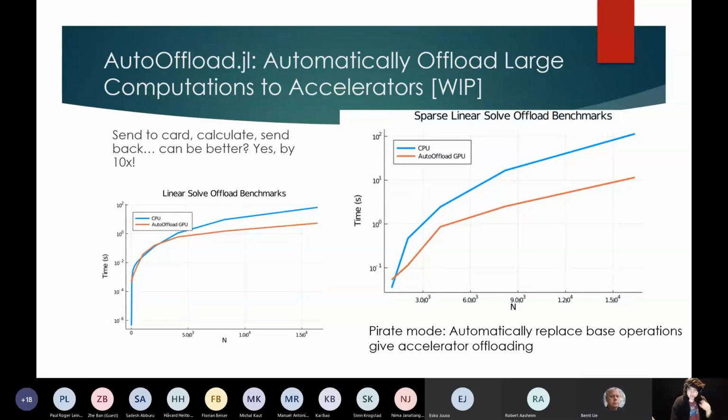Basically, one of these libraries that we have is we're starting to make it so that you can choose to do GPU integration if you want, but you can also say do the GPU integration automatically. So automatically send things to the accelerator card when it's a big enough operation to do that. So LU factorizations and matrix multiplications make use of this automatically, and you can have a CPU based model, but when it hits the sparse LU factorization that shows up in the differential equation solver, you can automatically have that offloaded and accelerated by 10 times or 100 times, given your graphics card and how large of a problem you have, by using this pirating of the operations.